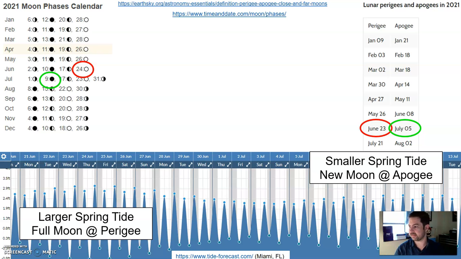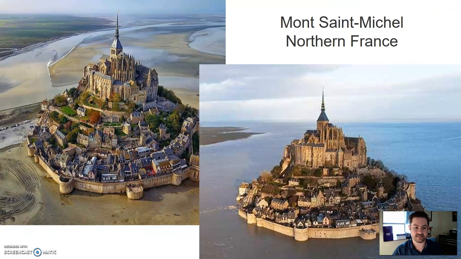Now we're talking about space. Here's another great example of tides. This is Mont Saint-Michel in northern France. During one part of the tide, you can drive and walk there. You better get there quick and leave quick, because at the other part of the tide, it's impossible to get there. That's fun. I would love to live there. Nope, you can't come here. Well, at least half the day.